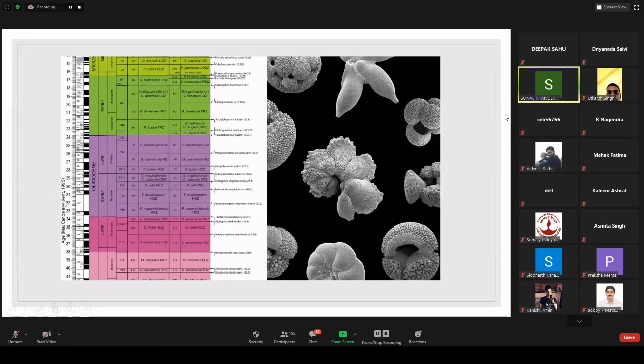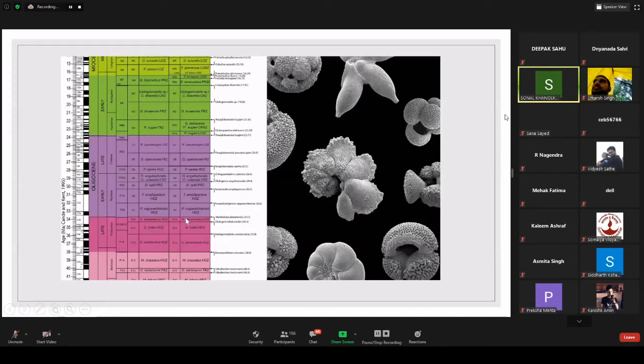And thus you divide this time scale into different biozonations, and you get better at telling time. If you just say Oligocene, it's a huge span, from approximately 24 to 34 million years. But if you tell which species you found, you get higher resolution, maybe from 32 to 34